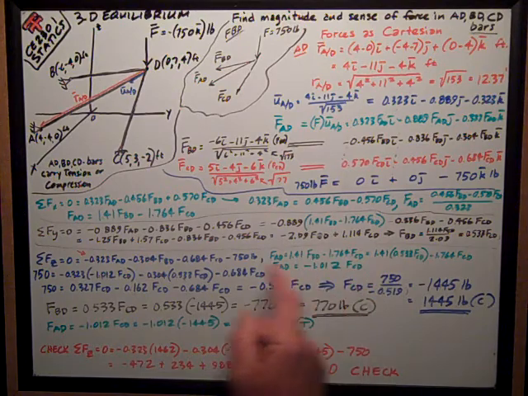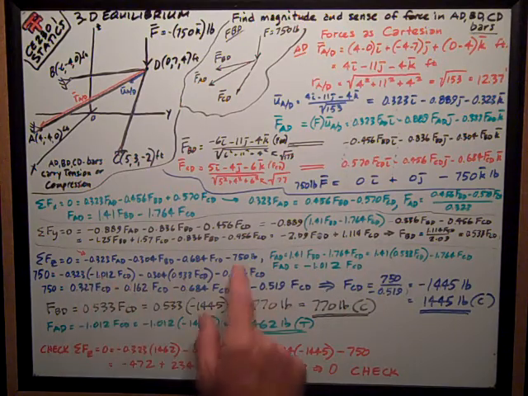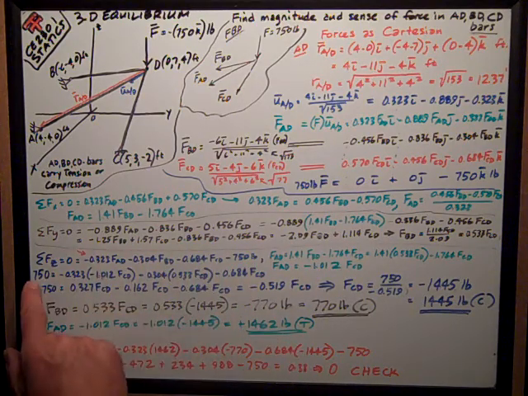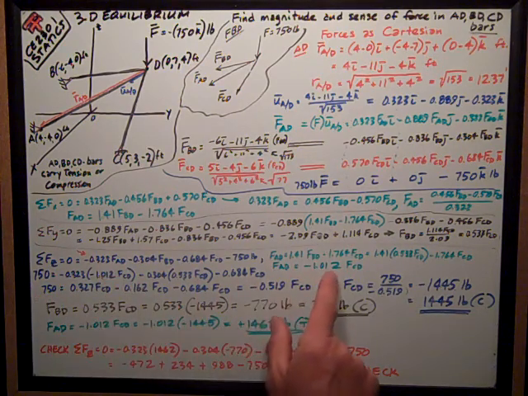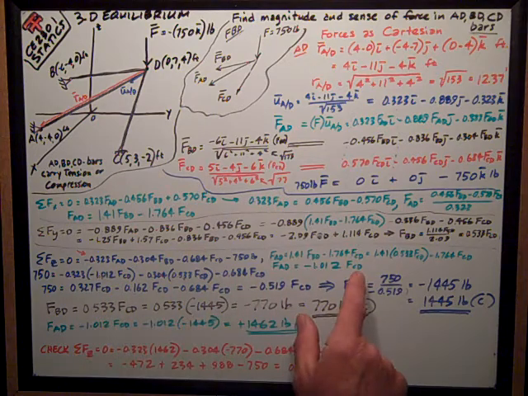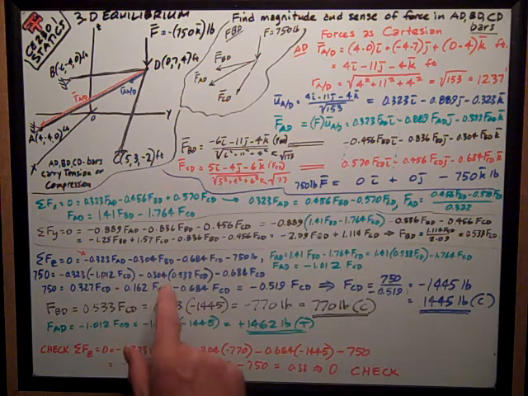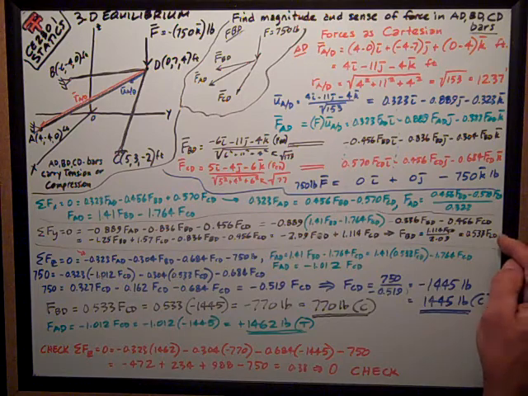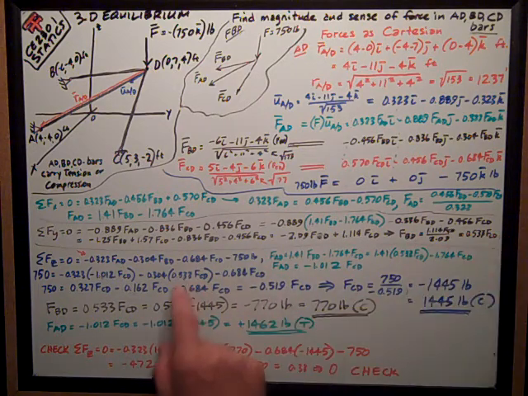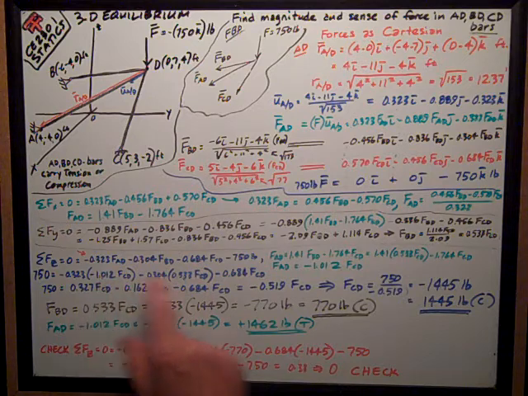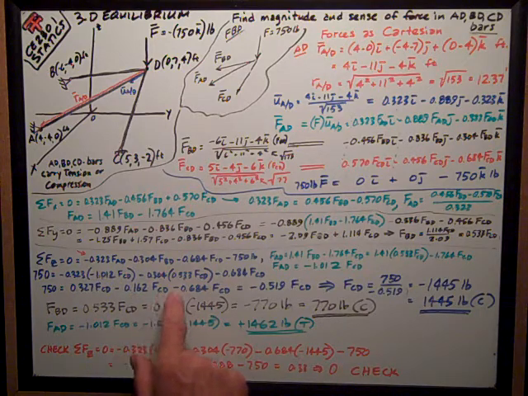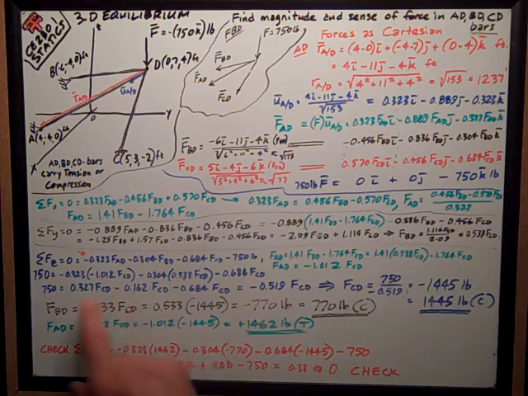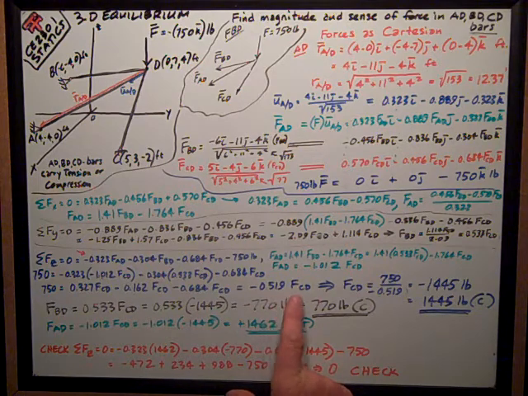So I can plug that into here. I've taken my 750 and put it on the other side of the equal sign, just because I was running out of space. So I've put that value for FAD in terms of FCD right here, and I've taken this value for FBD in terms of FCD and put it in here. Done the math: 750 is equal to this times FCD, this times FCD, minus this times FCD. Combine all those terms, negative 519 FCD